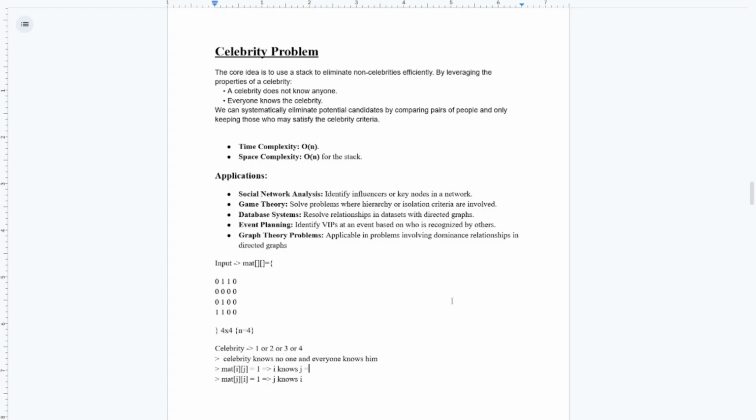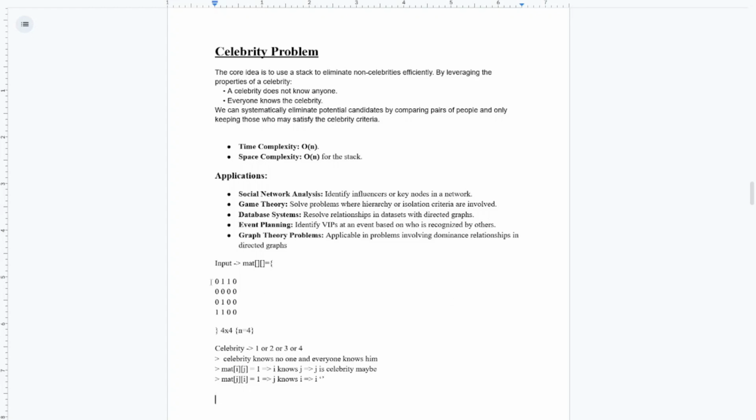So in this scenario i knows j, and celebrity is someone who knows nobody. So if i knows someone, can i be a celebrity? No, maybe j is a celebrity. And in this scenario, j knows i, that means j knows someone, so maybe i is a celebrity. Okay,